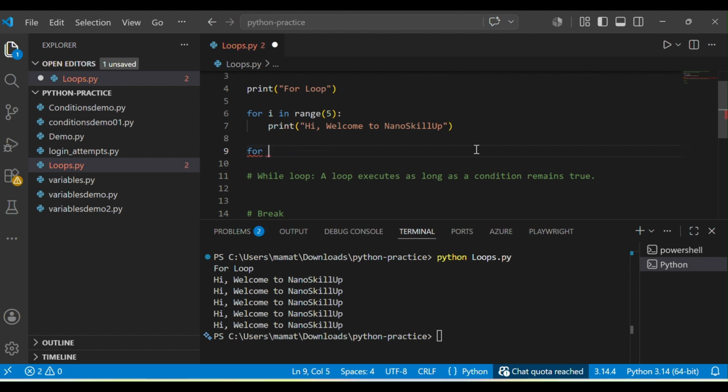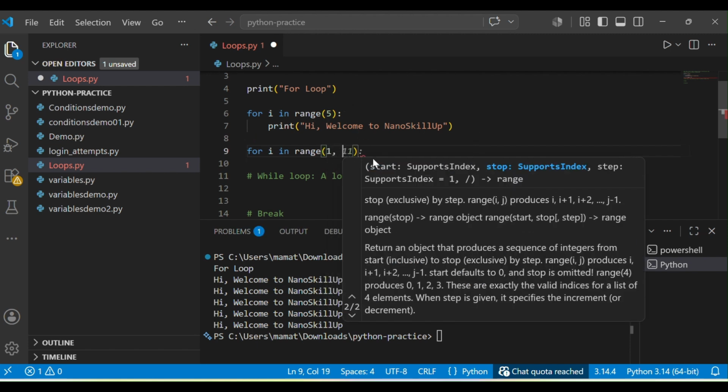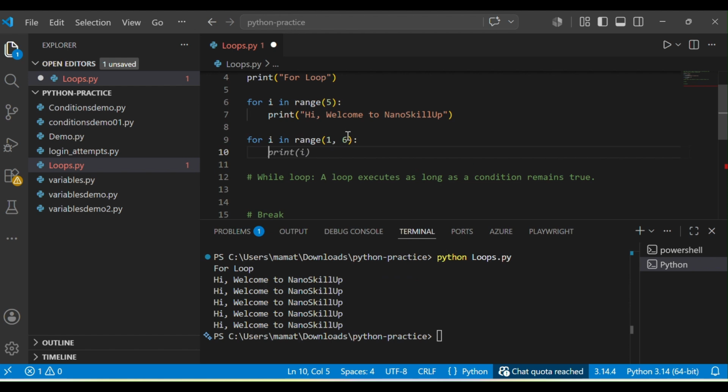Let's assume I want to print the values from 1 to 5. I can take a for loop, for i in range, and I have to define the range as 6. This is going to print the values from 1 to 5.